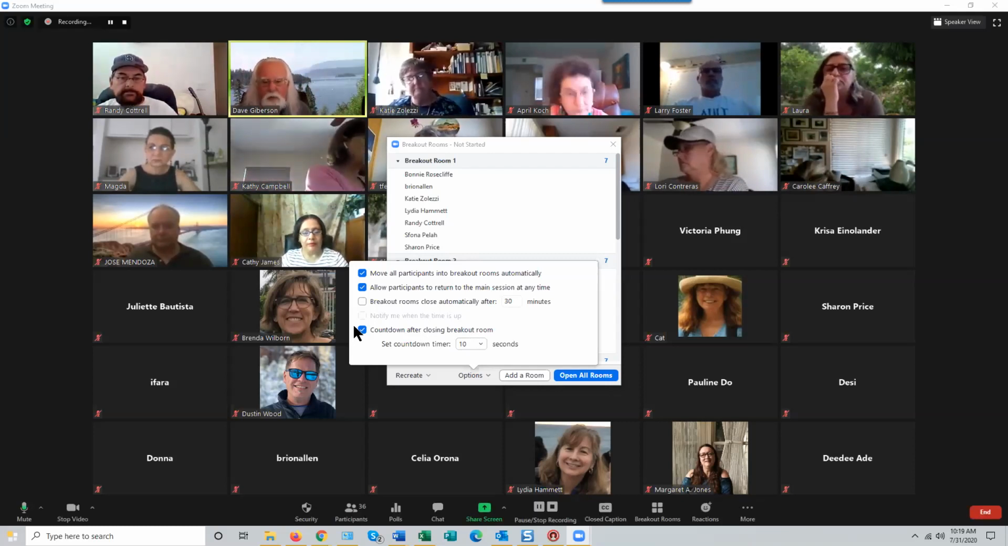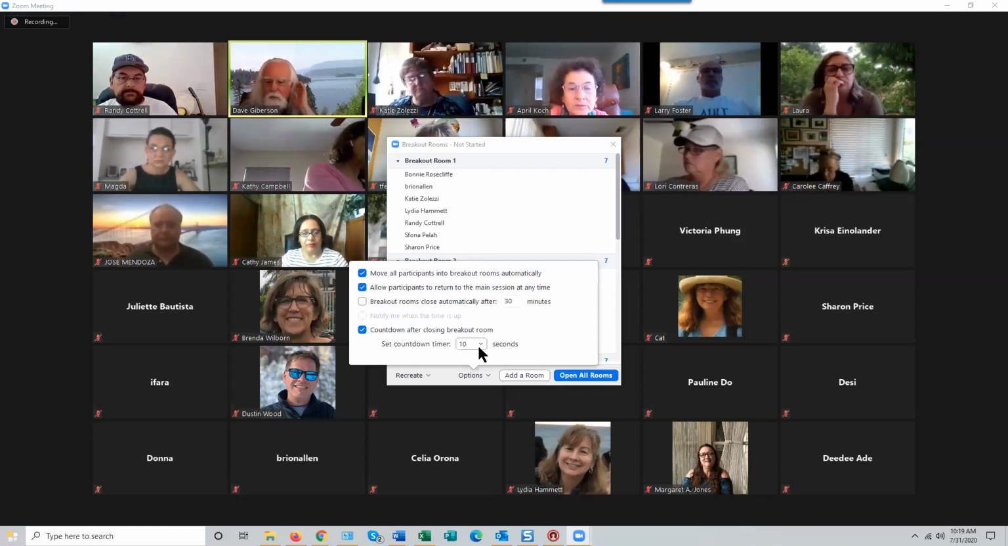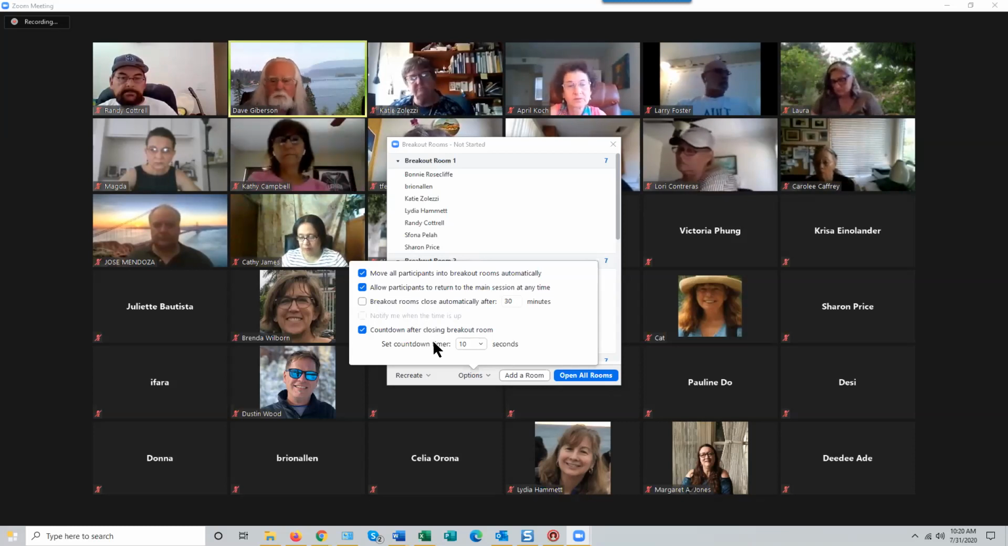Or if you uncheck that, when you close the rooms, boom, they're back in the main room. So just management options that you have on these breakout